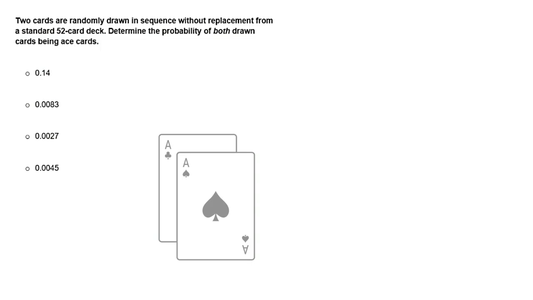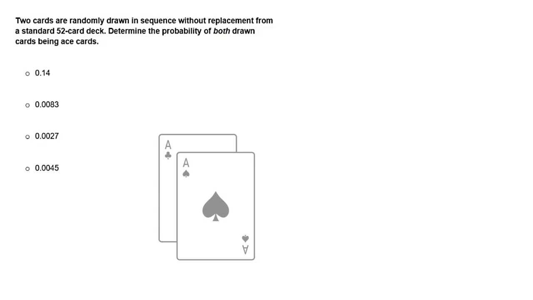2 cards are randomly drawn in sequence without replacement from a standard 52-card deck. Determine the probability of both drawn cards being ace cards: 0.14, 0.0083, 0.0027, or 0.0045. So we'll have to solve this problem in 2 phases because we're drawing 2 different cards and we're not